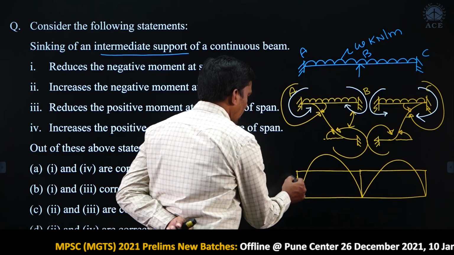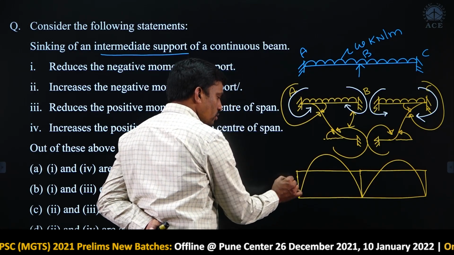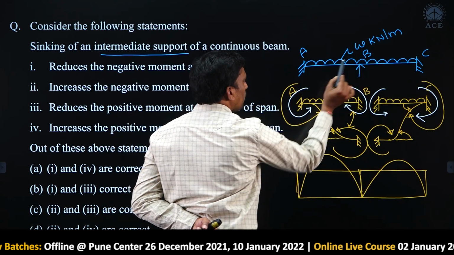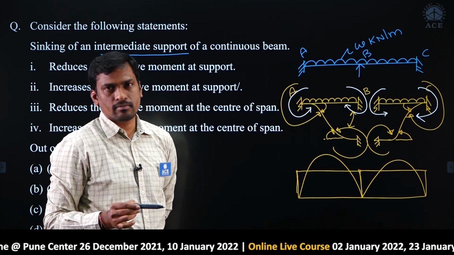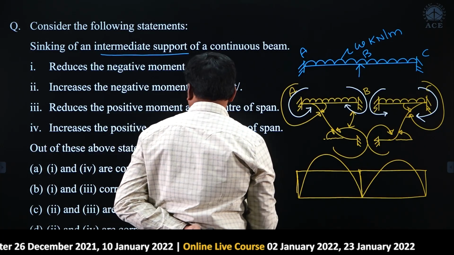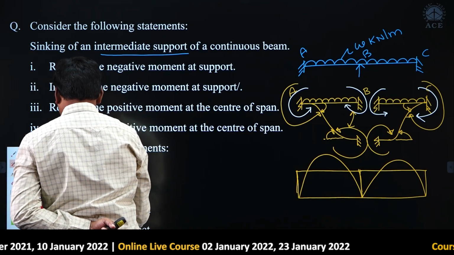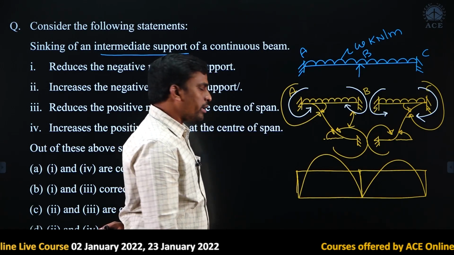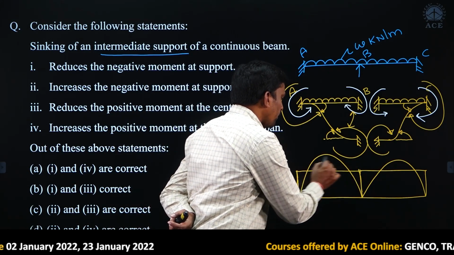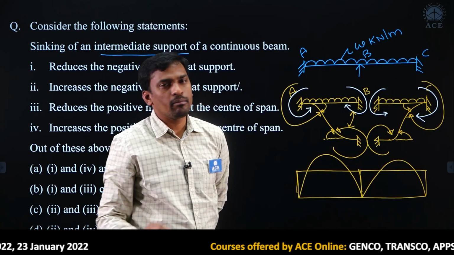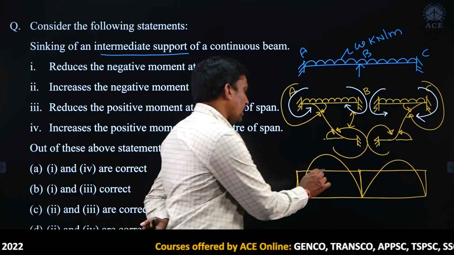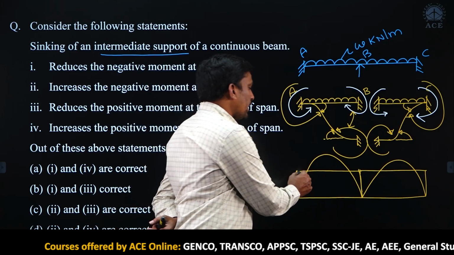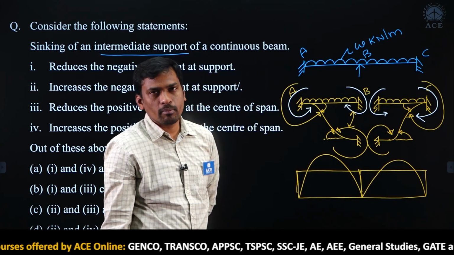Okay. Students, I do not know these values please, just I am assuming this ordinate both are same, it means movement at A, movement at B both are same, just I am considering please. Here my intention is not to find the movements at support A and support B. After knowing movement at support A and support B, then we can draw the exact shape of bending moment diagram. Just here I want to show at the intermediate support how the negative movement, and in the center of span AB and BC how the positive movement will develop.